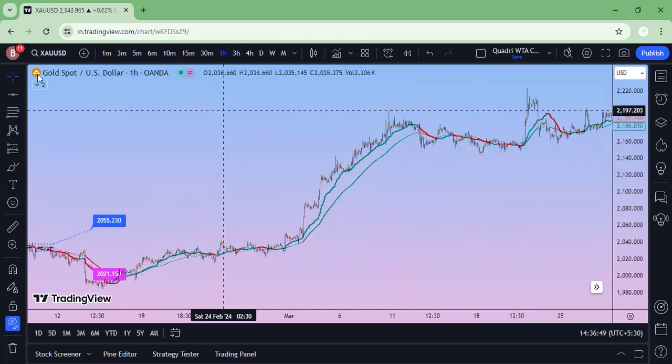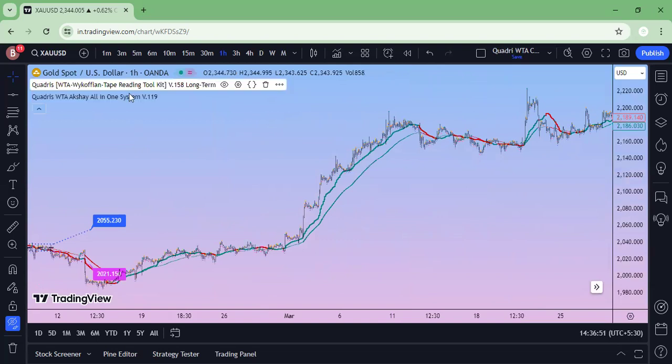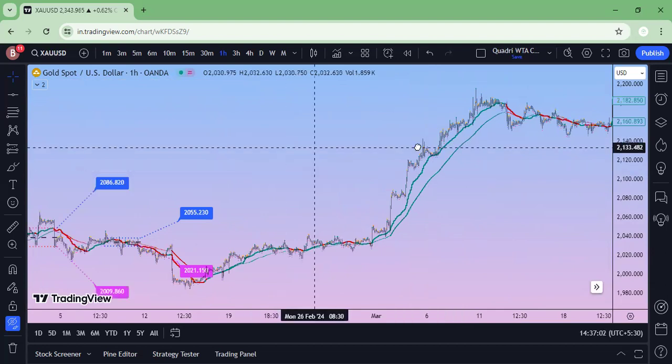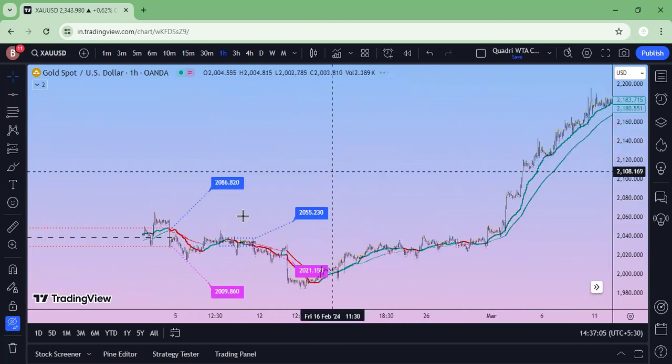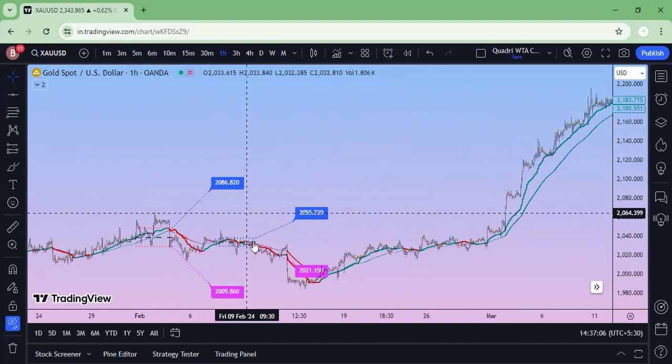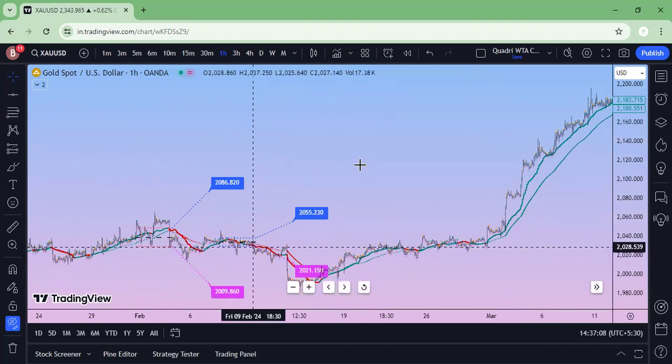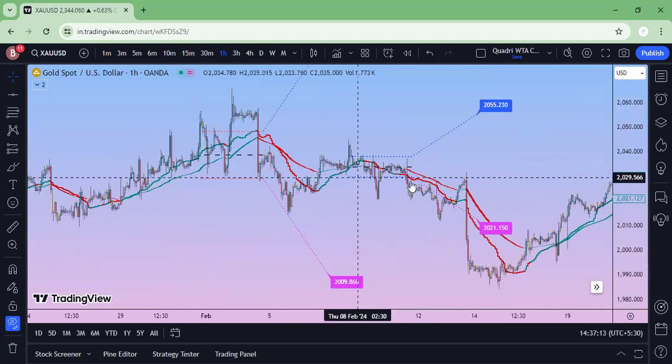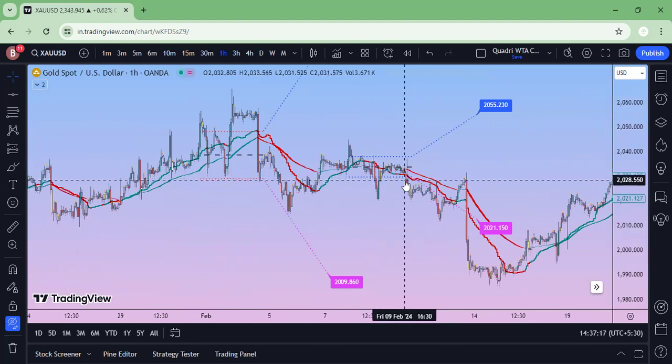If you're monitoring it on a 1 hour chart, it would be better if we apply swing, because on a long-term basis we would be getting much fewer signals. So this one is the third. You got a selling. Let me zoom in. This was the range. You got a selling opportunity. First selling opportunity here, second selling opportunity here.